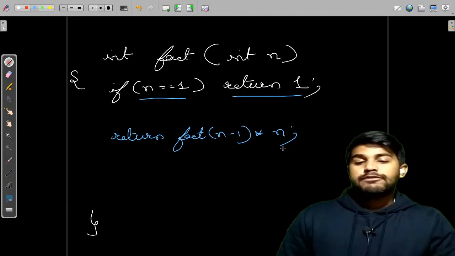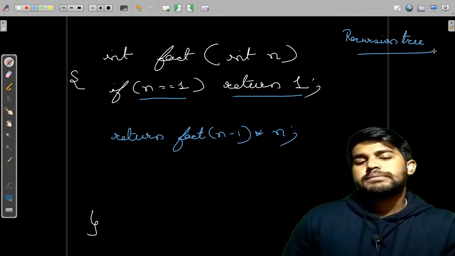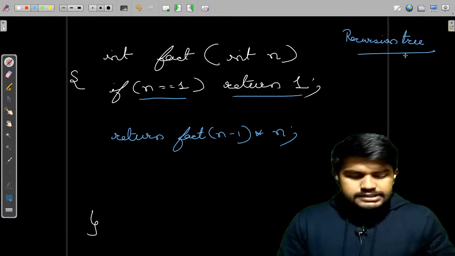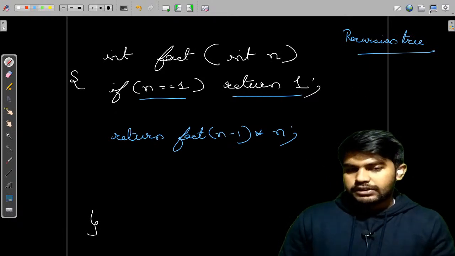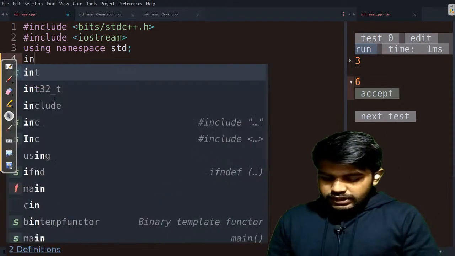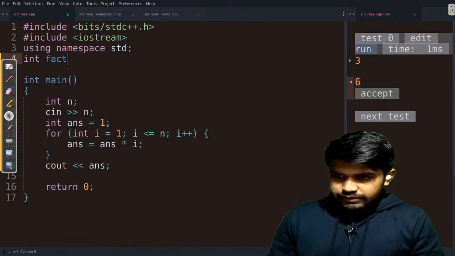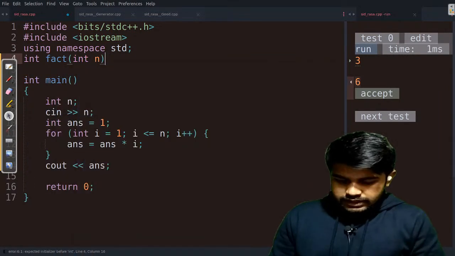and then I would draw the recursion tree. But before this, let me just run this and see if I'm correct or not. So the return type would be integer, and this would be the fact, and here we would take the int n.